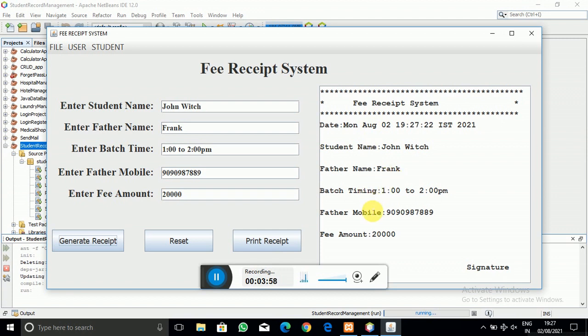If I want to print that receipt, I can do that. When I click on the print receipt button, I will see the printer setup.